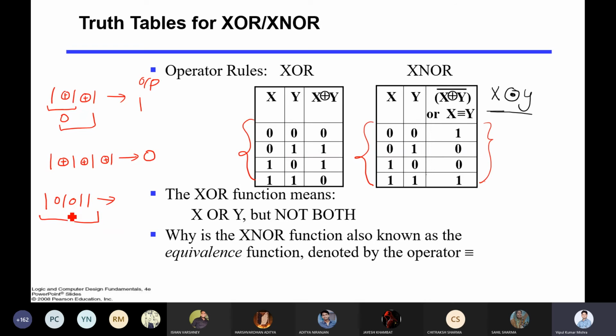Now from this, what will be the output if you are putting XOR in between? Suppose I want to count. I have a long string of 1s and 0s. Let me say 1 0 1 0 1 0 1 0 1 0 1 1 1 0, something like that. Now I want to check whether this bit sequence contains an even number of ones or an odd number of ones. That is sometimes known as even parity and odd parity. What do you think? How to check it? Can we use an XOR gate for this?